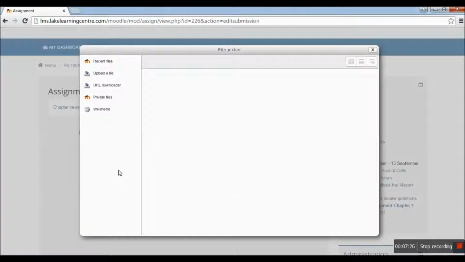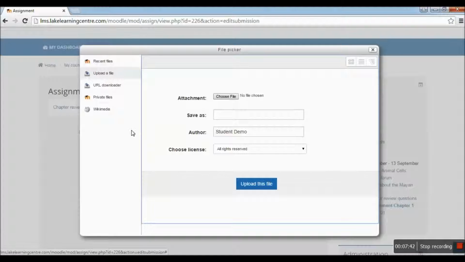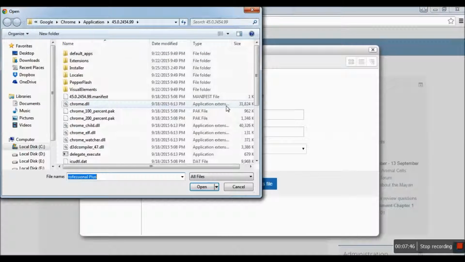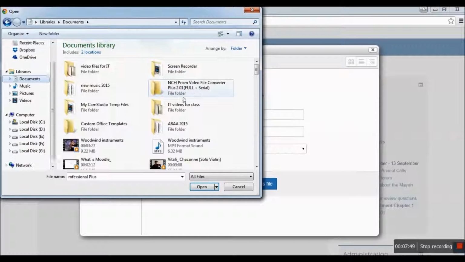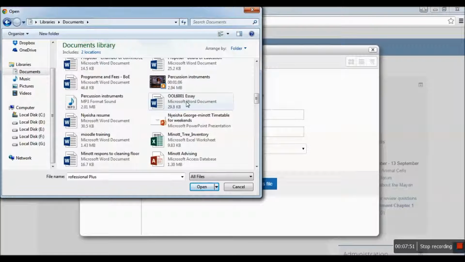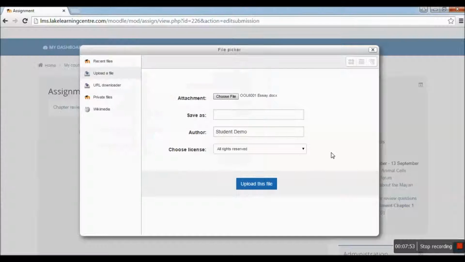When you click the add button, it pops up a window that shows the file picker and allows you to look at your files, whether it's recent files, uploading a file, URL downloader, private files, or even Wikimedia. I'm going to click on upload a file, and it allows me to choose a file. I must now locate a file that I need to use. Click on it, click on open, and add the file to the